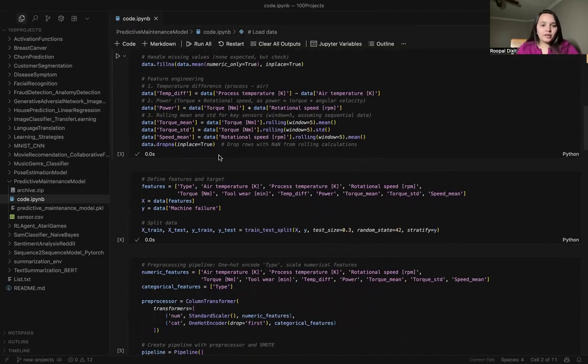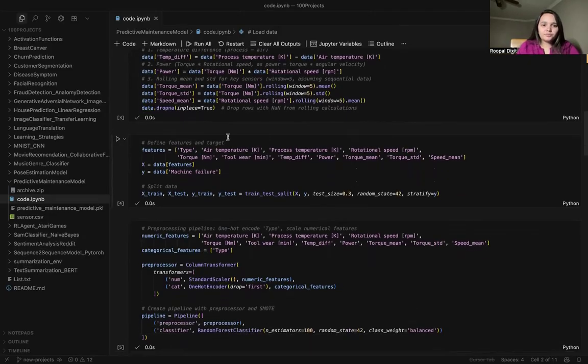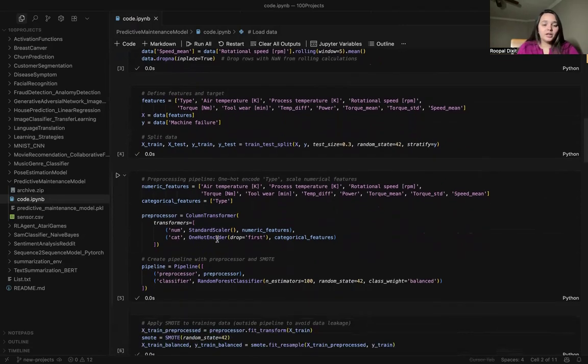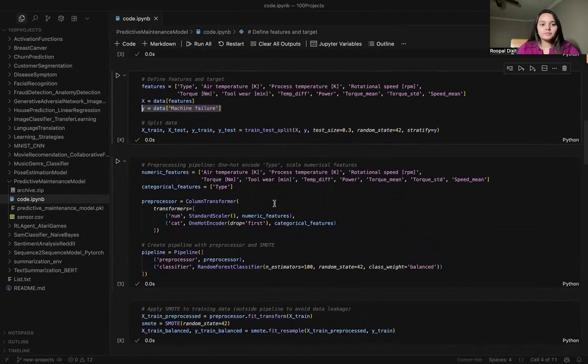So there is power, torque, and rotational speed, as well as angular. We are just calculating some of the data frames for that, and putting everything in, and we are doing the drop NA part. And if we talk about defining the features and targets, these are the features, these are the variables, and this is the target variable that we have.